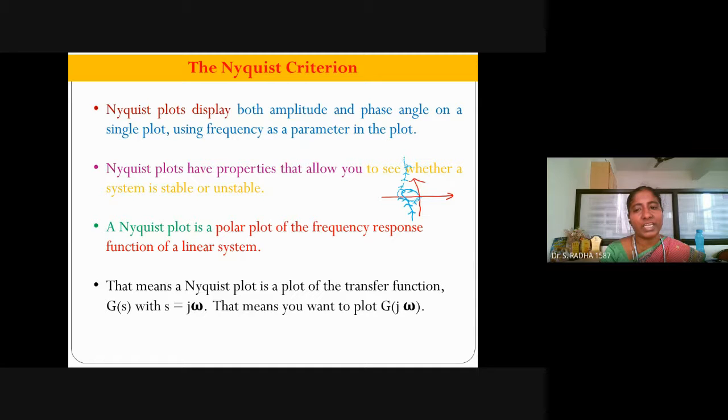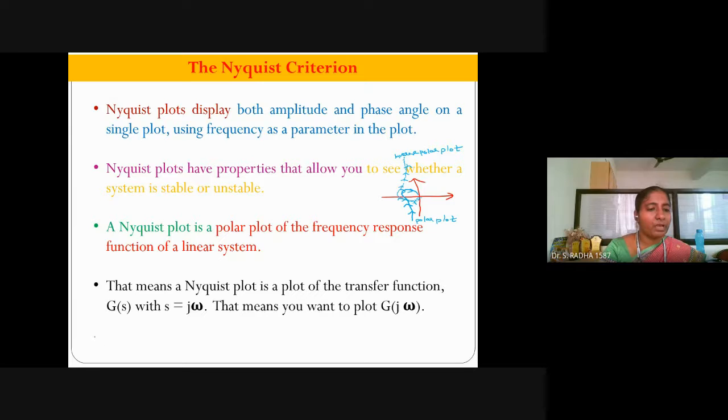Because this is called inverse polar plot. For polar plot we already discussed the rule. This is the polar plot I have drawn. Now the mirror image with respect to x-axis is the dotted one I have done, and the arrow mark is now inside out. Polar plot is outside to in. Inverse polar plot is inside out.